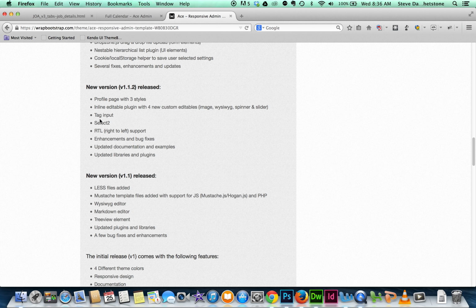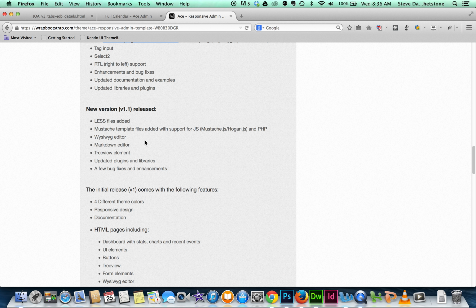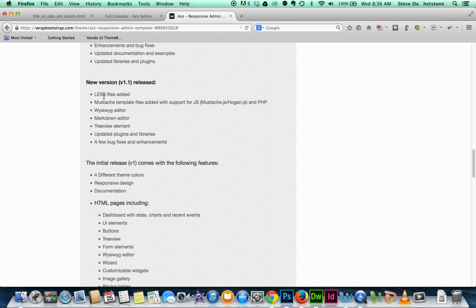Tag input, select to inline editable plugin with 4 new custom editables: image, WYSIWYG, spinner, and slider. Uploaded documentation and examples. Well, you should do that, of course. I don't think it needs mentioning. Less files added. So if you'd like mustache support, WYSIWYG editor, markdown preview,